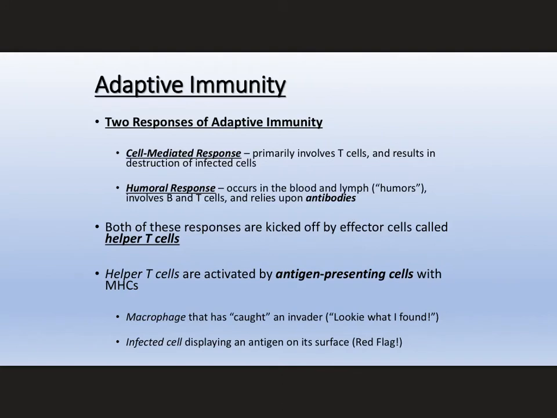Now, these two responses of the adaptive immune system require a lot of cell communication, right? The cell-mediated response is pretty much just a T cell response, and it goes out and it destroys the pathogen. The humoral response involves both B and T cells, and it relies on those antibodies that we mentioned earlier. And this occurs sort of within the fluids, is what scientists would say, and so that's why we call it humoral. Humors just basically mean fluids of the body. Now, both of these start with helper T cells. Now, helper T cells are oftentimes referred to as the Paul Revere